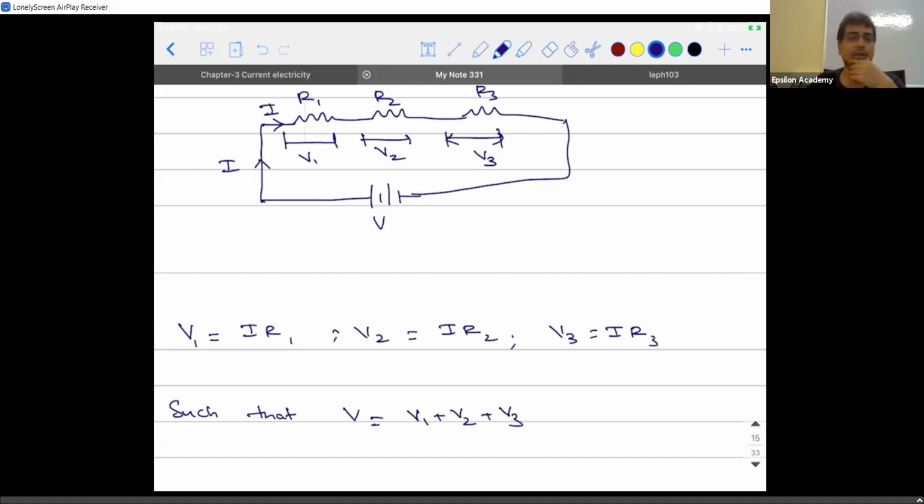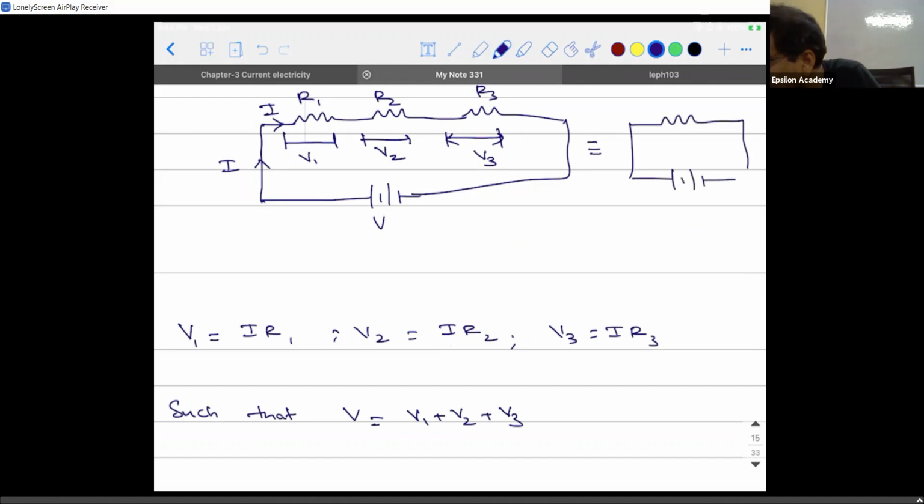Now, what am I supposed to draw for this? We need to draw a circuit called an equivalent circuit. So, what do you mean by an equivalent circuit? You replace all the resistors with one particular resistor which is going to do the same job done by all these three resistors put together. When you replace them with a resistor called RS, the power source is going to supply the same amount of current in both the scenarios. Then in this case I can write V is equal to I into RS. Let me call this 2 and let me call this 1.